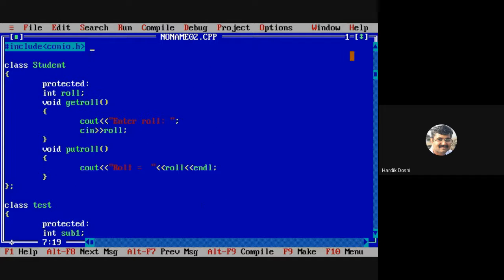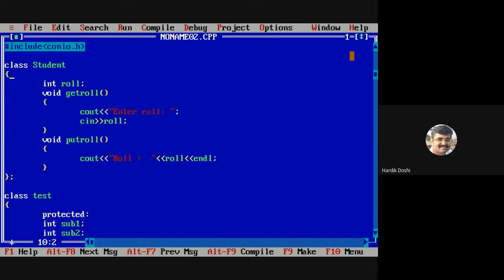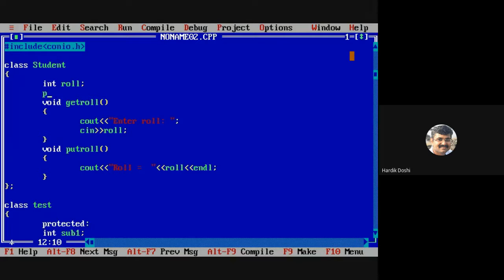In the ideal case, this roll number should not be protected. We have to follow standard processes. We are keeping get roll and put roll public.